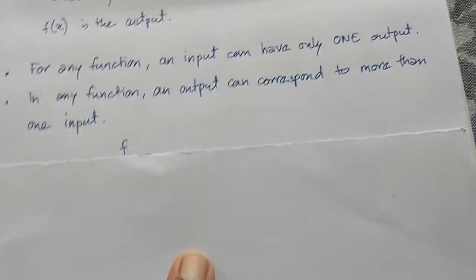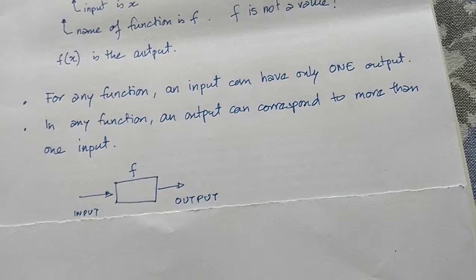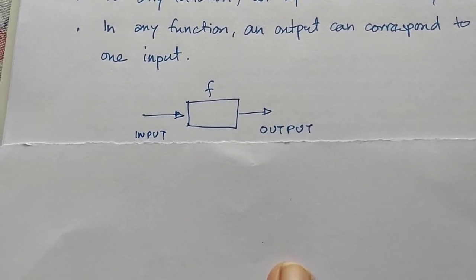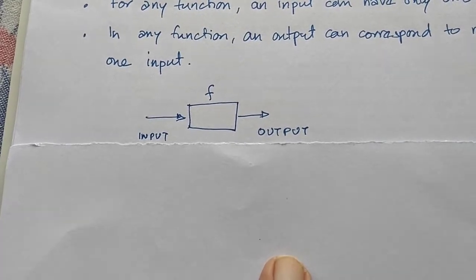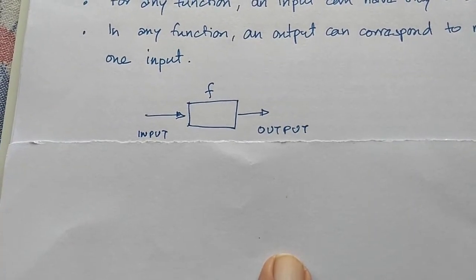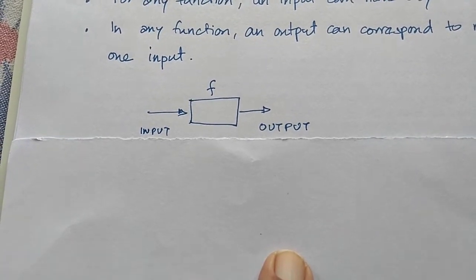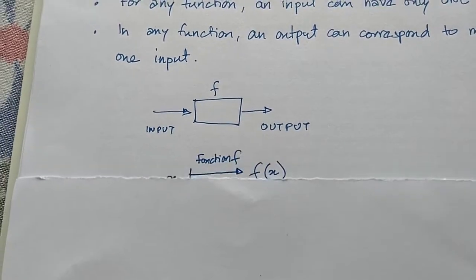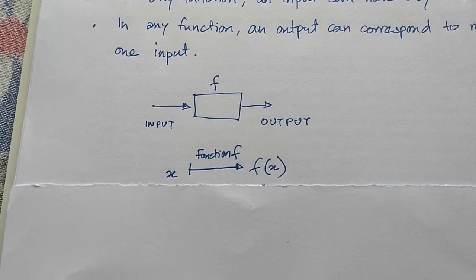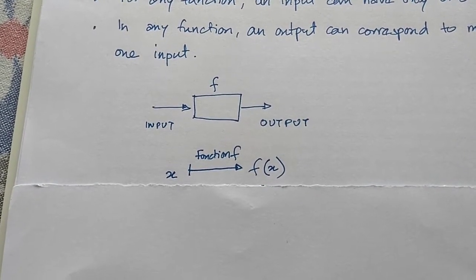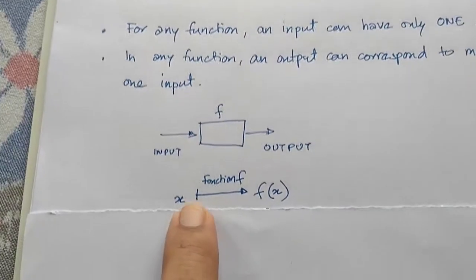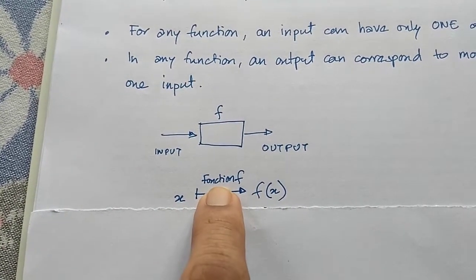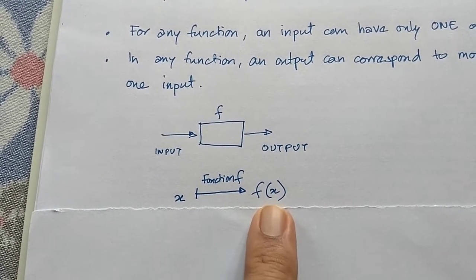Now we come to the terminology as used in the book. So this is the way I described a function to you. The input on the left, the output on the right, the box represents the function, and that f on top is the name of the function. In the book they write it like this. It's similar. Instead of the box, they replace it with an arrow with a vertical line here. This is the input, this is the name of the function, and this is the output.